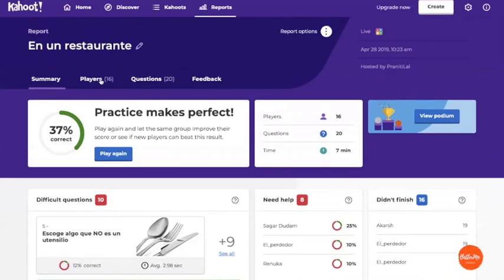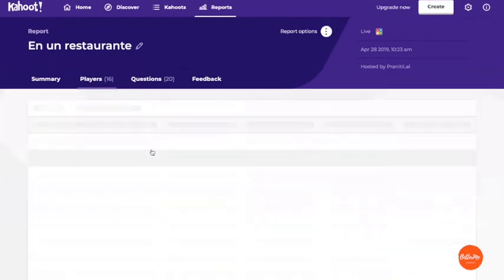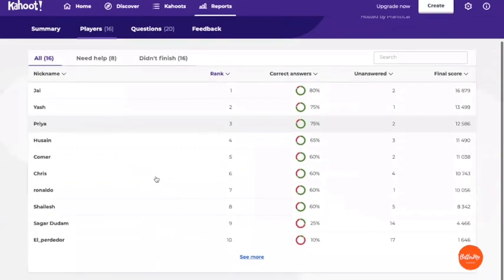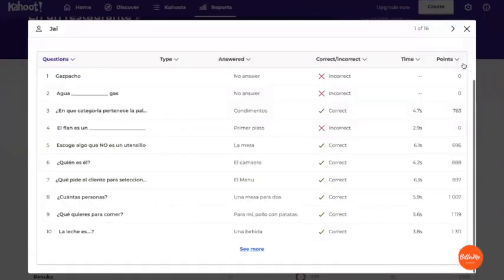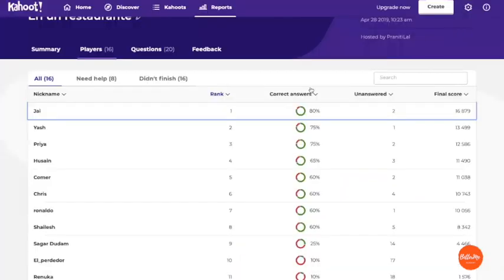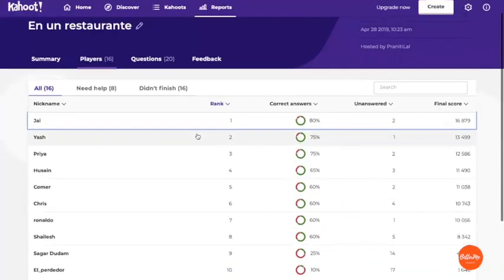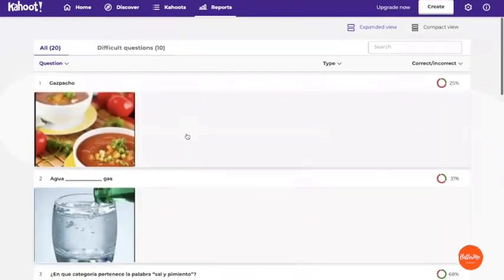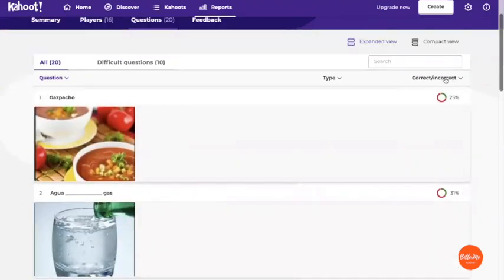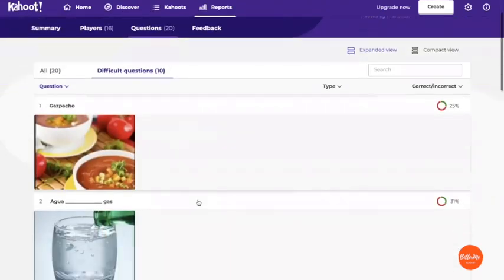Go to the detailed view by player to see the dynamics throughout the game. Click on a player in the list to view the result. Here, you can close this tab. Or look at the analytics by questions to see how the entire class performed. How many got this? What percentage of people got this question correct? What were the difficult questions?